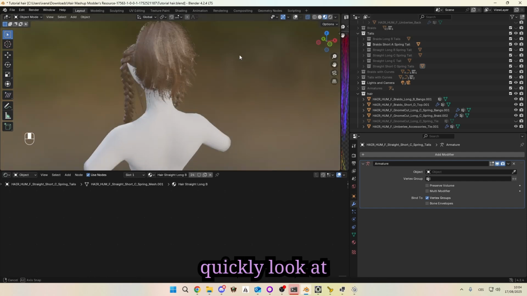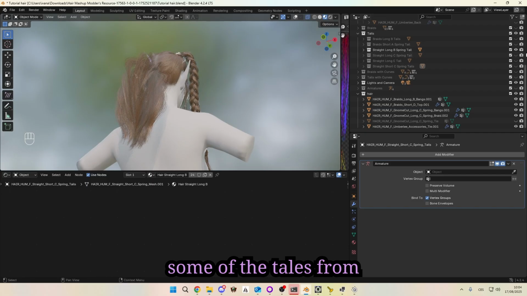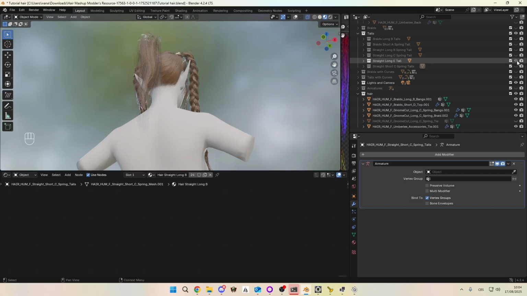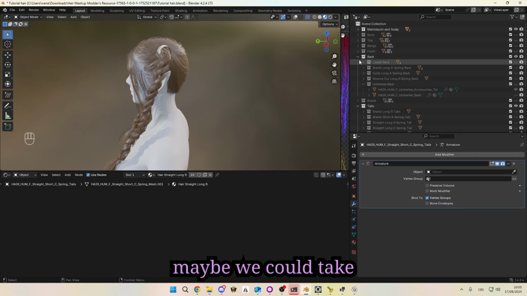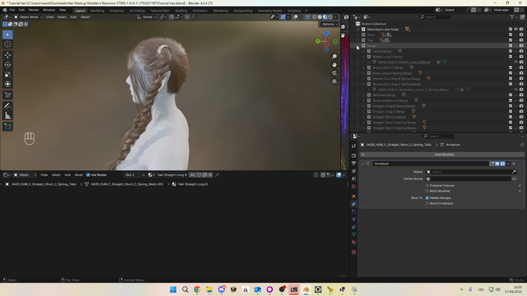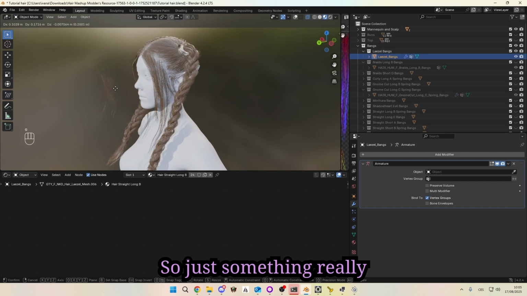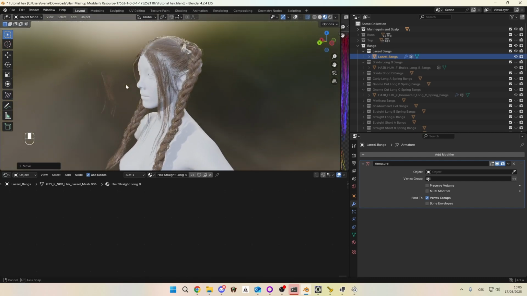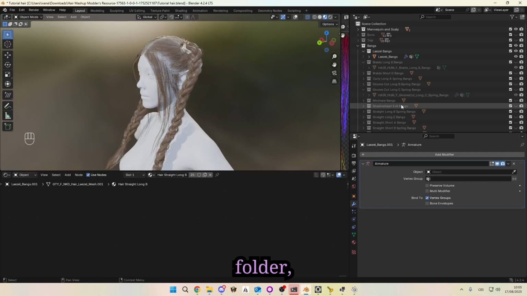So I'm just gonna quickly look at some of the tails from the game, and maybe we could take some bangs. So just something really small, like maybe Lazel's bangs. I will duplicate them, move them to our folder,